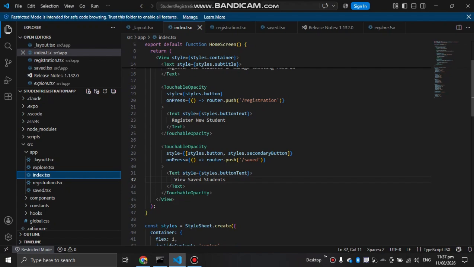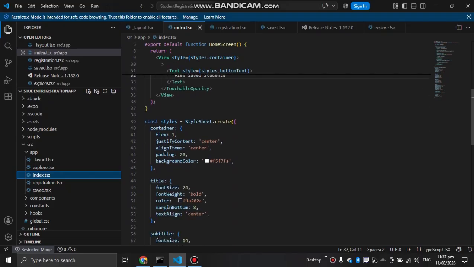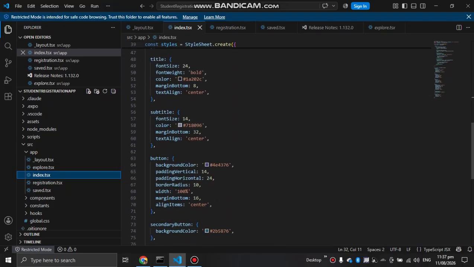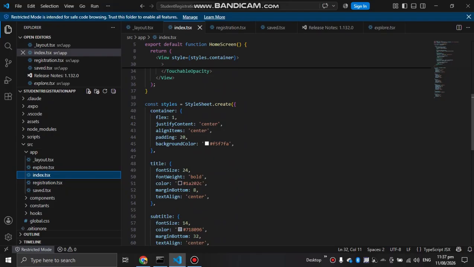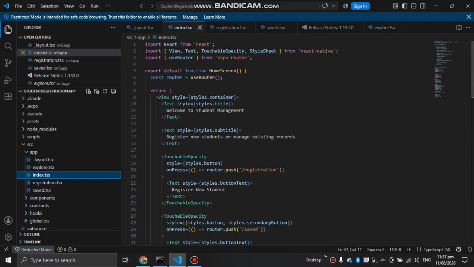We also have the layout and some styles in our index. So this index represents our landing page.